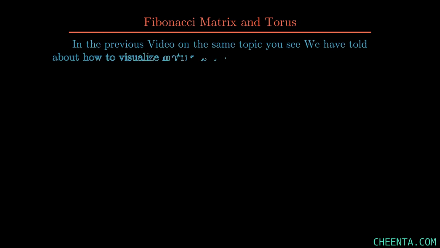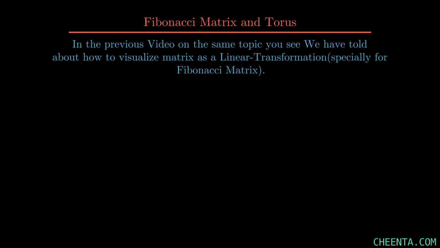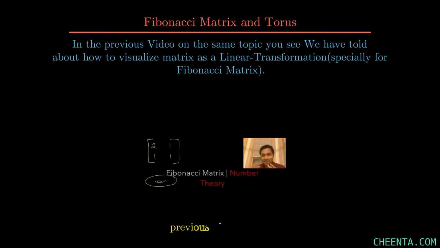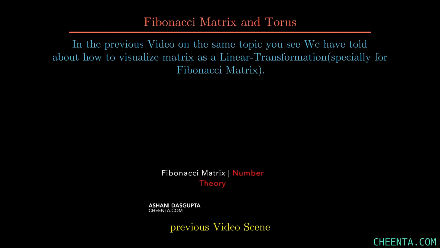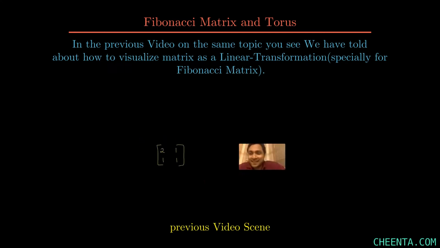The second part of a previous video. In the previous video, we have shown how a matrix can be used as a linear transformation, that is, to represent a linear transformation. What do we mean by linear transformations? We mean that after the transformation, the origin of the space will be fixed in its place and the parallel lines will stay parallel.